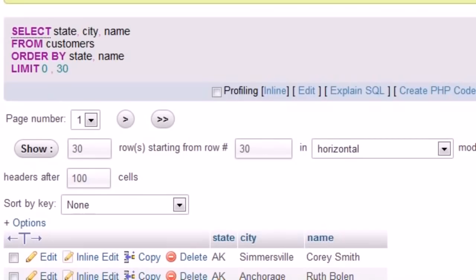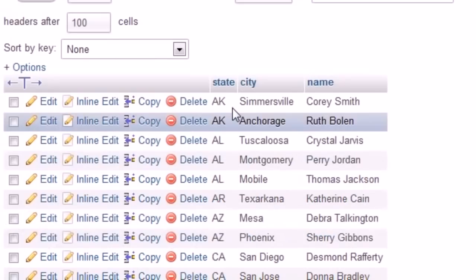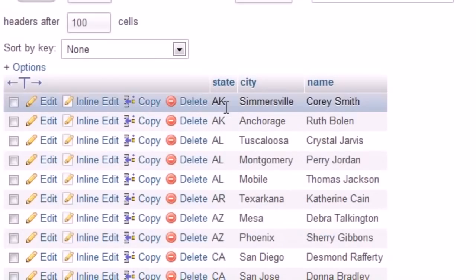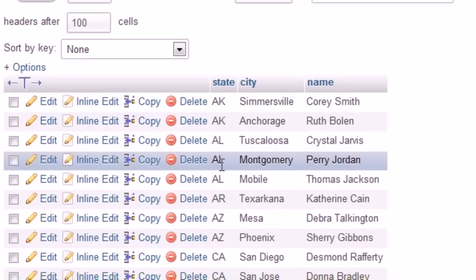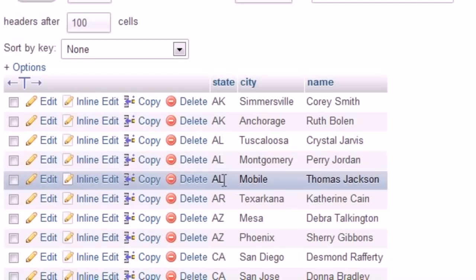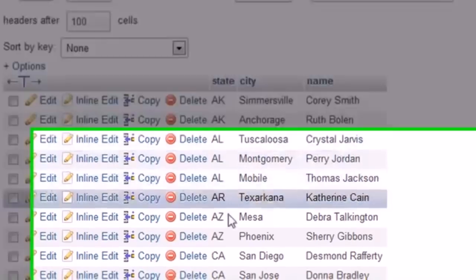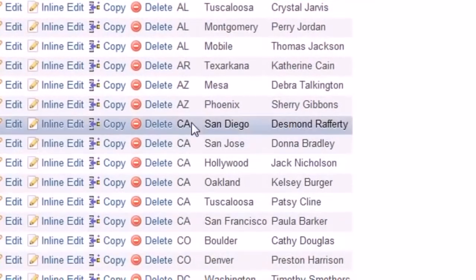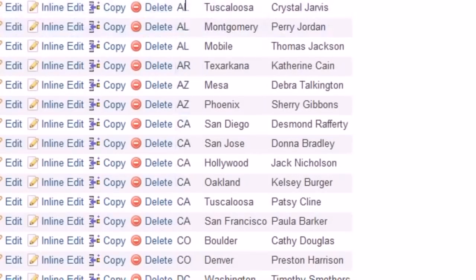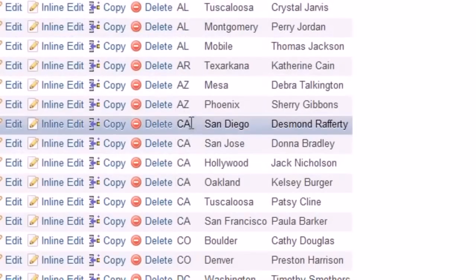At first, the first criteria we give it to order by is state. And so it takes and orders the states alphabetically. Arkansas, Alabama, I don't know what these are, I'm not very good. It's like Alabama, I think. California, I know that one. But check it out. Even though all these states are sorted alphabetically, look what happens whenever we have 1, 2,